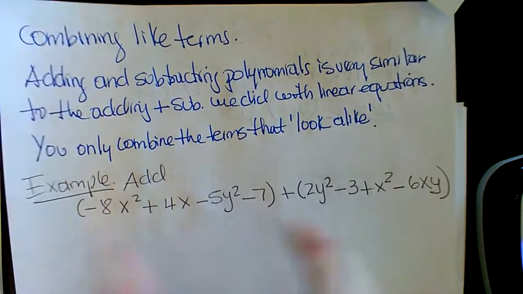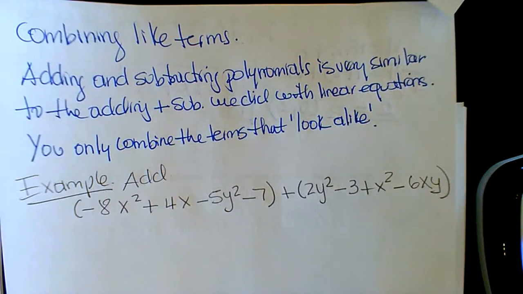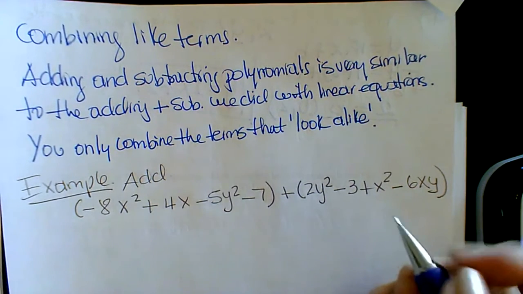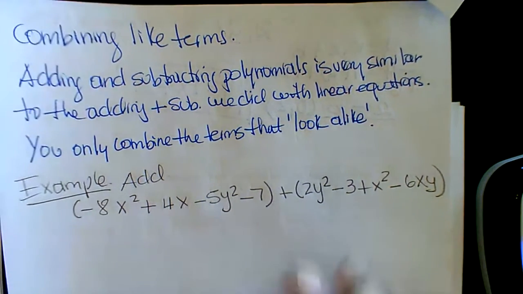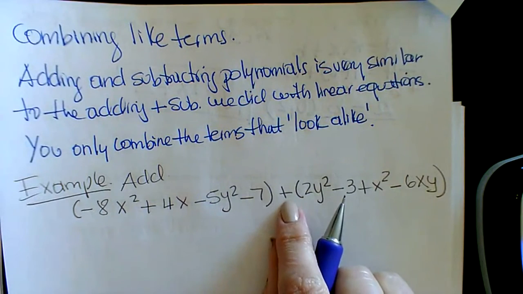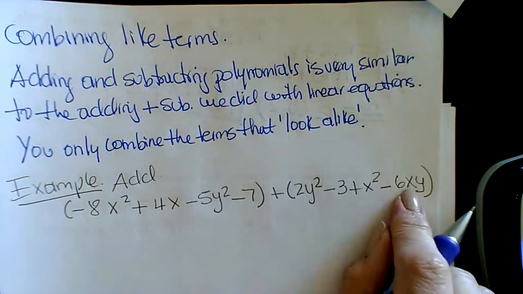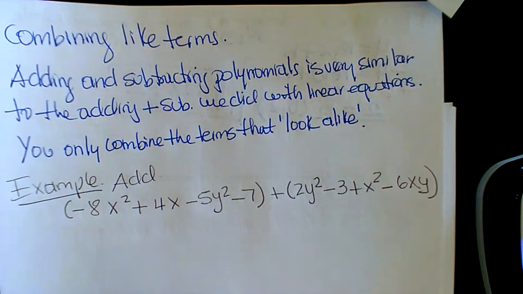So we're going to be adding these two polynomials. One easy way is, you could just do it like that. You could take the parentheses because the plus doesn't affect anything. Everything is going to remain the same. And one way to do it is, okay,